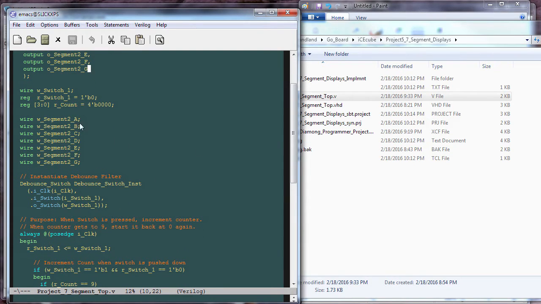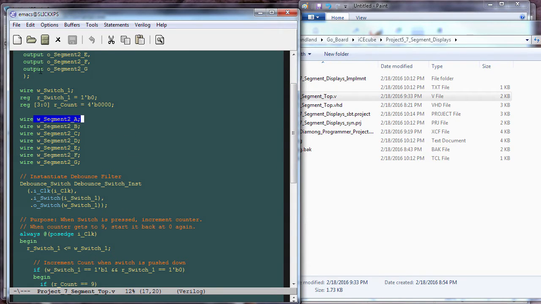We also introduced a new reg, [3:0], which represents our 4-bit counter. So we initialize it to 0, and this is going to be the one that counts up every time the switch gets hit. We have some intermediary wires here, which will map the output of the module we just created